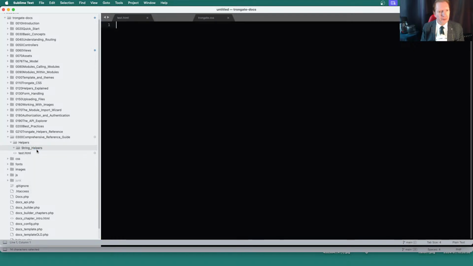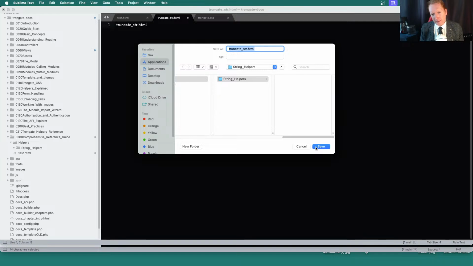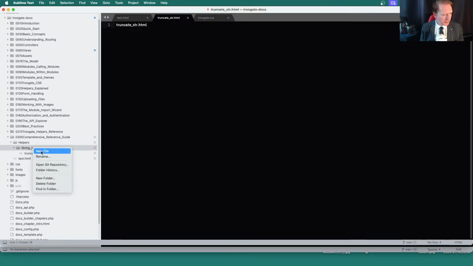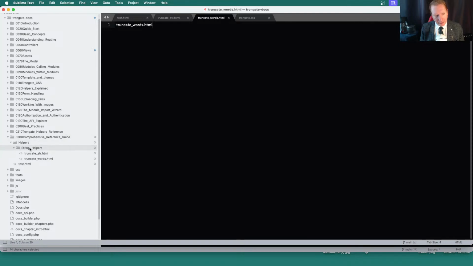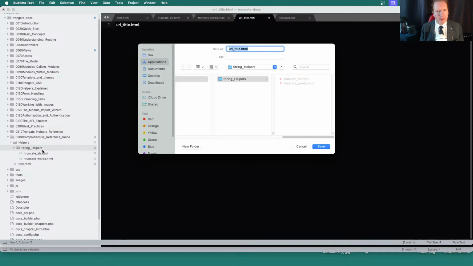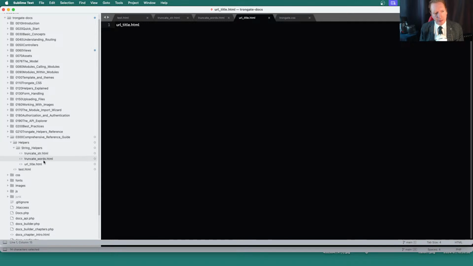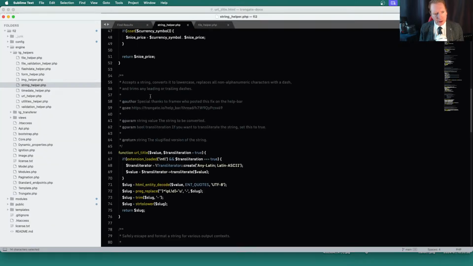It's truncate str. We're sticking with .html. Then truncate words.html. Now this thing does not have a database. It's pure HTML. URL title.html. These are all examples of string helpers. So you can see, for example, there's URL title, you know. Now,